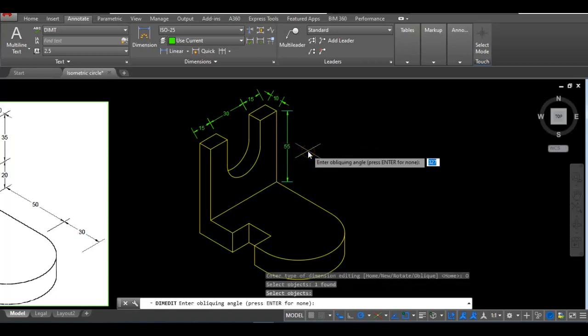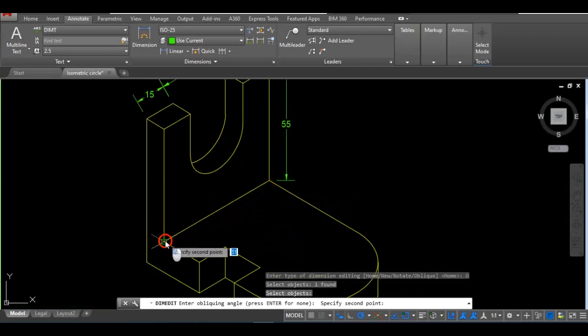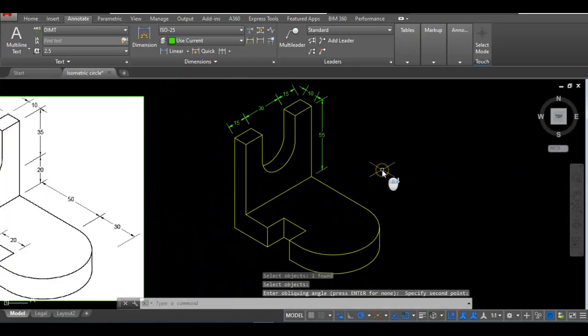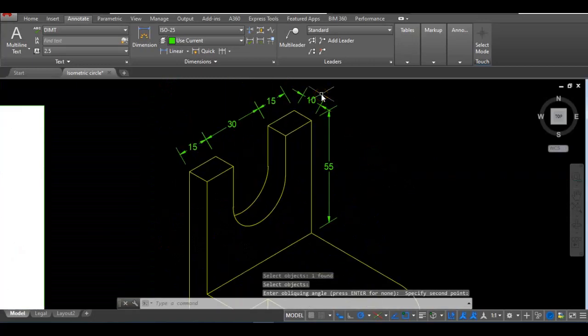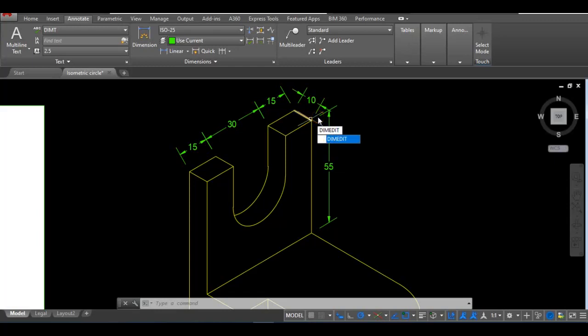And then now what you will do is to select a line or part of the drawing that is parallel to what you want your extension line to be. So there I did it. Now I could have done more than one because they have the same alignment, but just for practice I'm doing it one by one. So I'm going to be doing the next one now, and I'm going to be using the top surface. So select the dimension,